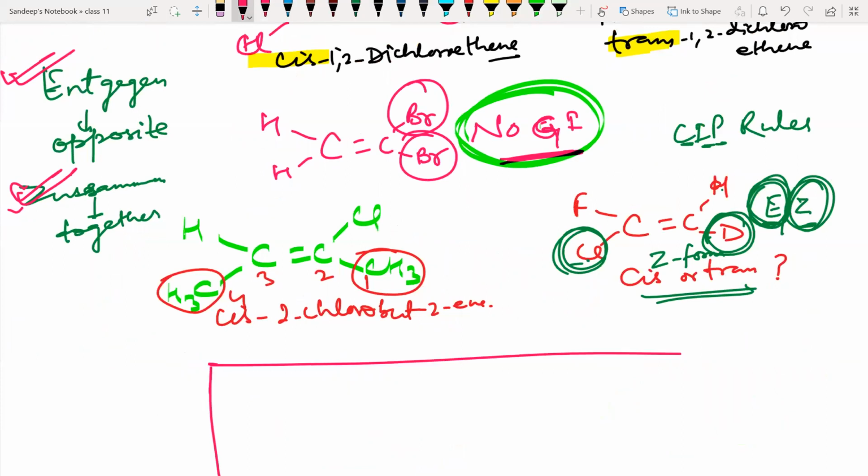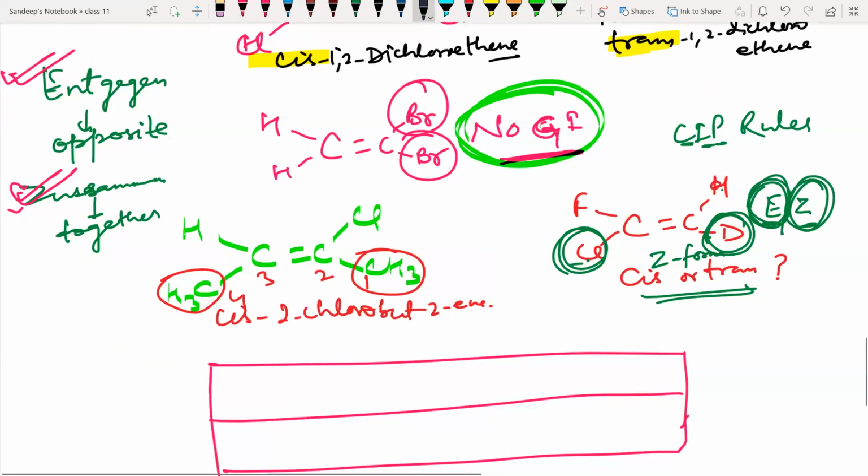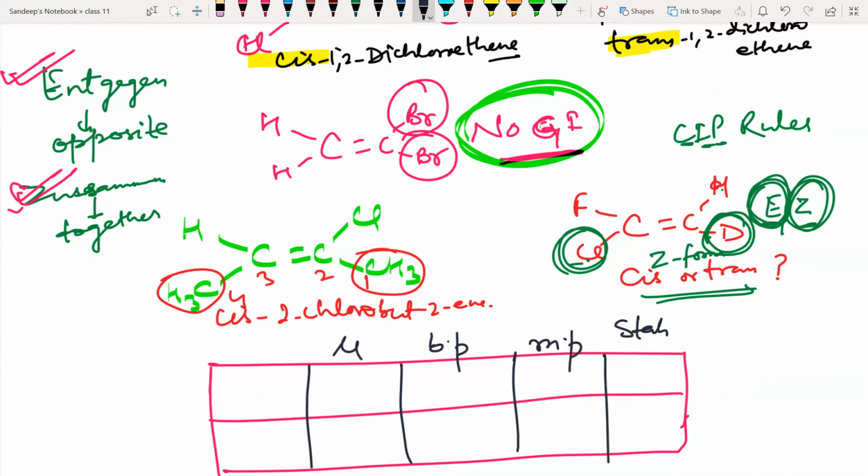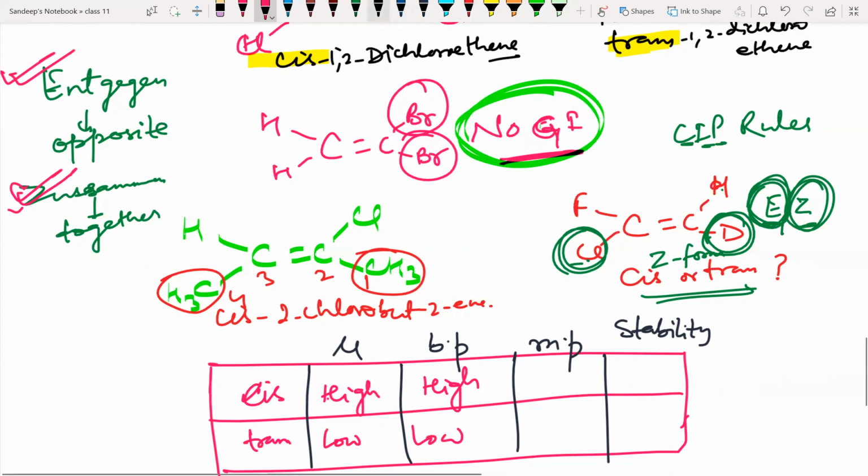Now I'm giving you one trick. This will be a very, very important trick for you all. The cis-trans trick: dipole moment, boiling point, melting point, and stability. Cis has more dipole moment, so it is high. Boiling point also is high. Trans has low, so low, low. Now melting point of cis is low. So write down, cis has high dipole moment, high boiling point, but low melting point and low stability